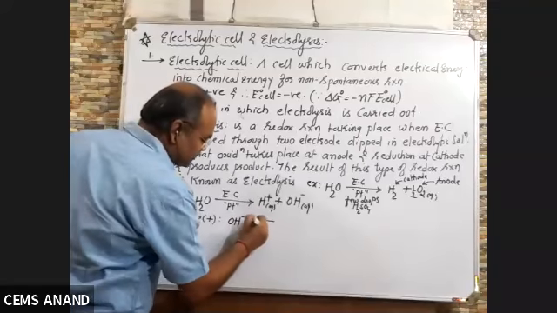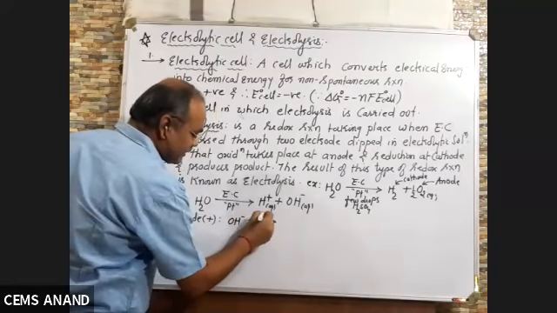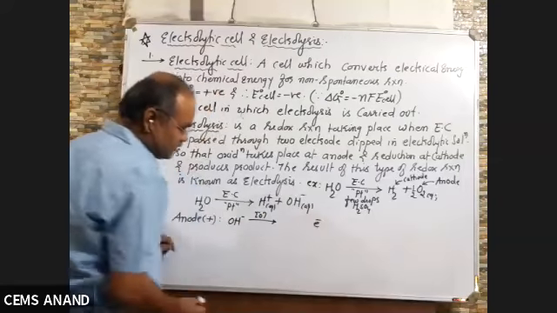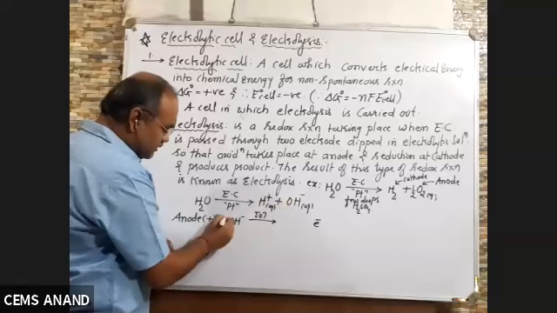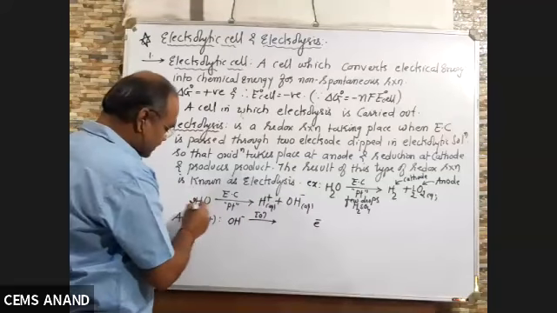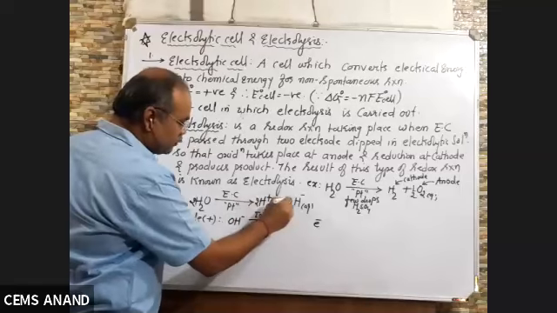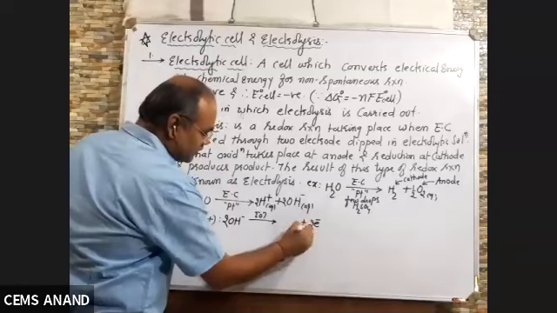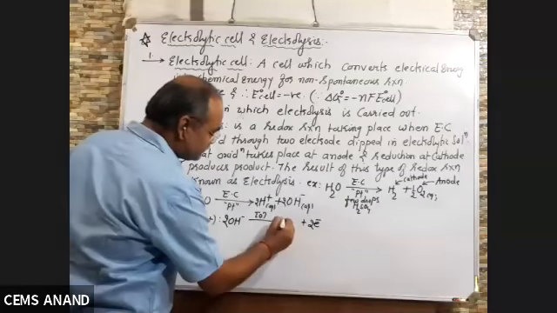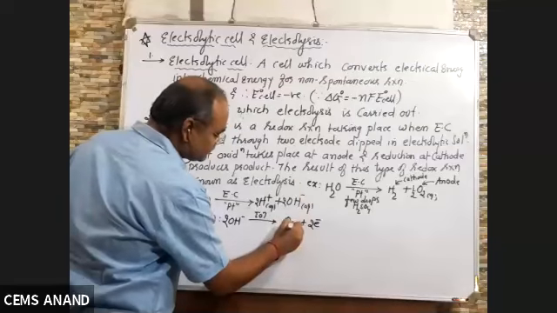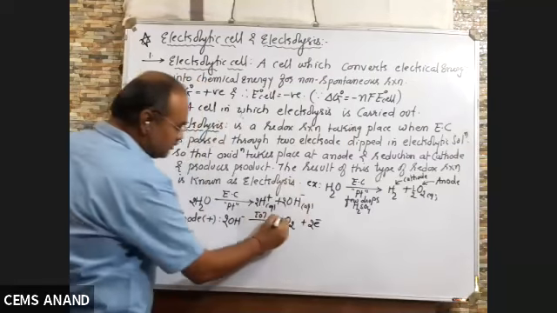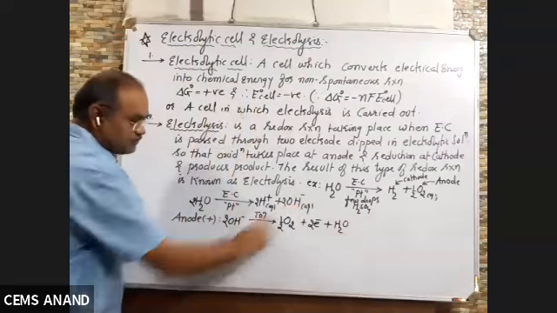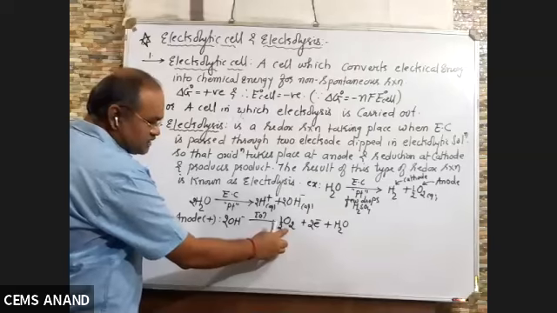And at anode, you know, oxidation takes place. Oxidation means loss of electron. So it will lose electron. If OH minus loses electron, just for the balancing, I can write 2H2O gives 2H plus plus 2OH minus. So 2OH minus gives 2 electron. Loss of electron. So what is left? O2 gas, right? It will be half O2 gas plus H2O. So by this way, O2 gas is obtained at anode.